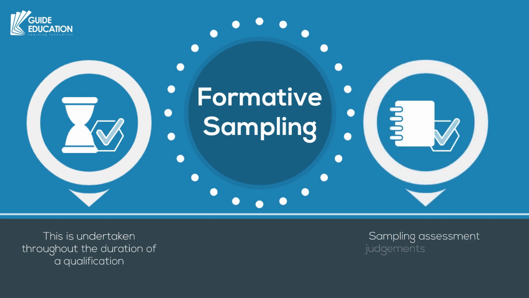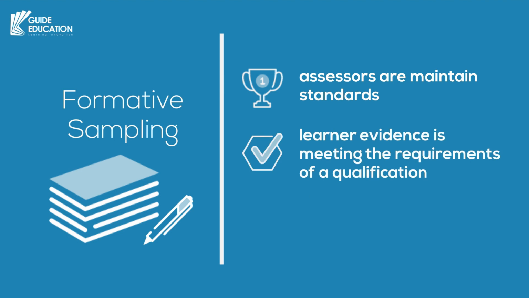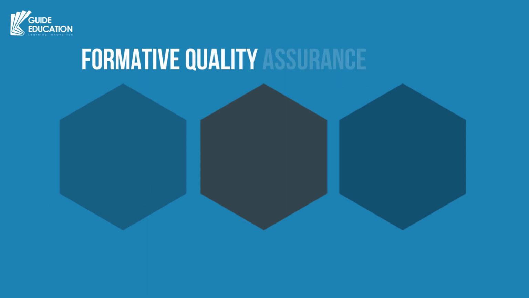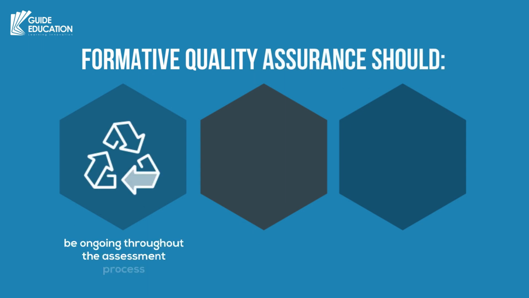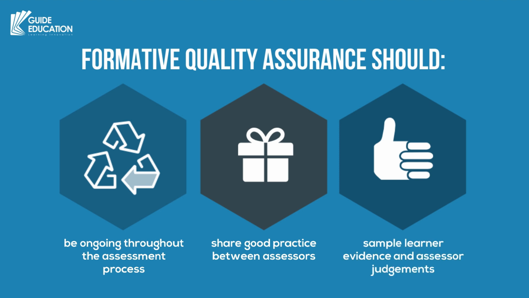Sampling assessment judgments is ongoing throughout the duration of the qualification. Formative sampling ensures that assessors are maintaining standards and learner evidence is meeting the requirements of a qualification. Formative sampling also ensures any errors or issues can be identified and dealt with as quickly as possible. Formative quality assurance should be ongoing throughout the assessment process, share good practice between assessors, and sample learner evidence and